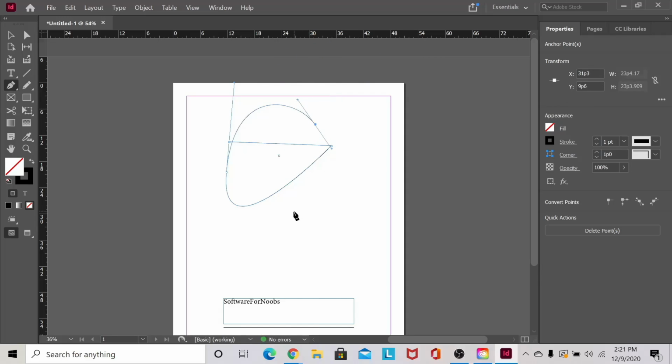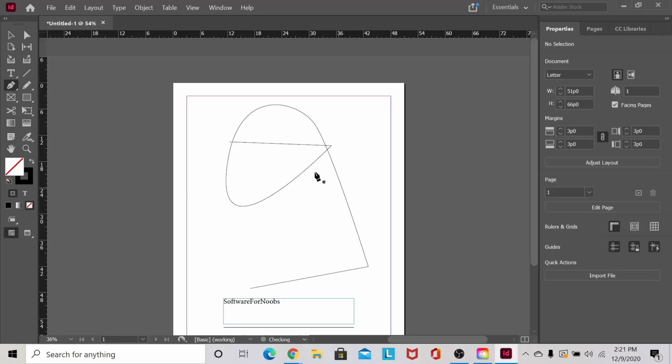As you saw, I made some curves. But the thing about InDesign is that you have to use different tools. Now say you don't want to do any of this. Now that you learned the basics of the pen tool, great. Now we can move on to more advanced tools such as the rectangle tool, and this will save a bunch of